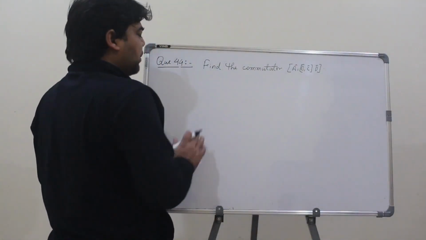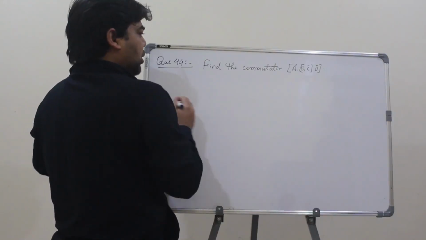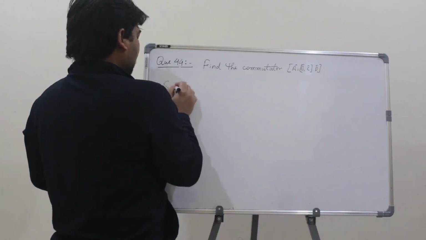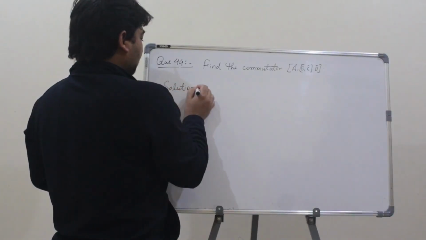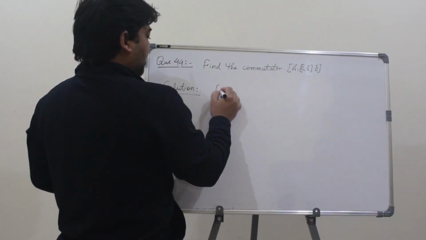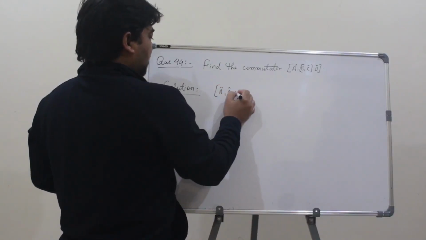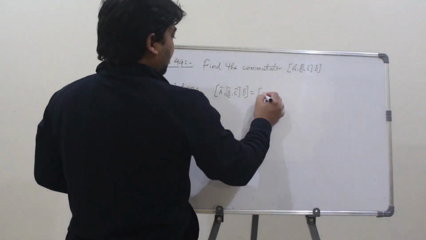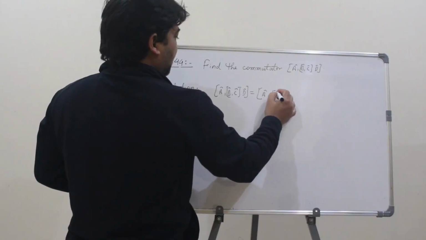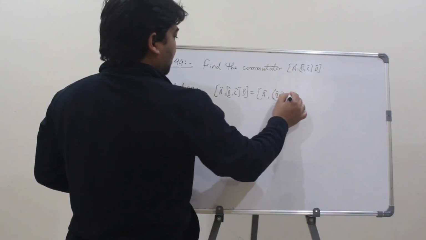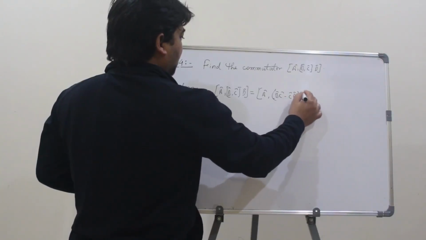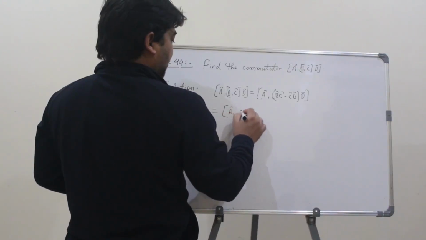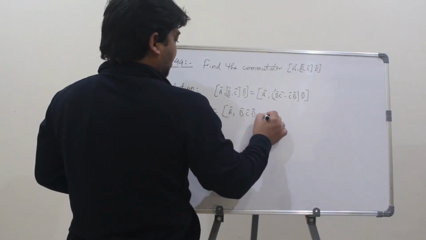Let us discuss this problem number 44, which is to find the commutator of A, B, C, D, that is, the commutator of A with the commutator of B, C and D. So let us solve it. It says A, the commutator of B, C, D, which can be simplified as BC minus CB and D, which can be further simplified as A BCD minus CBD,